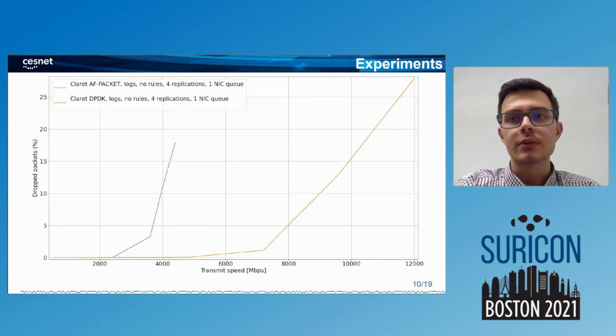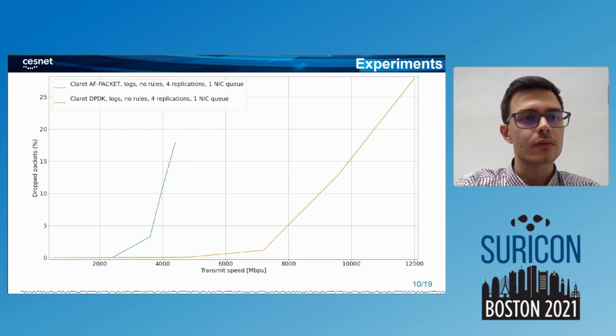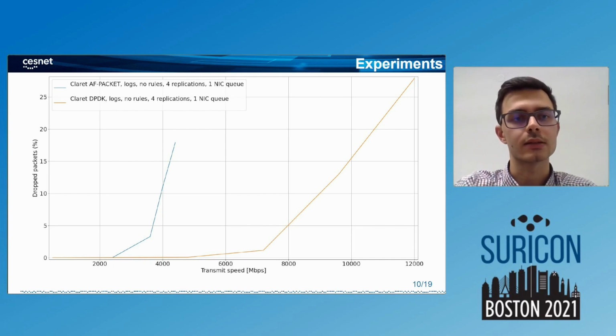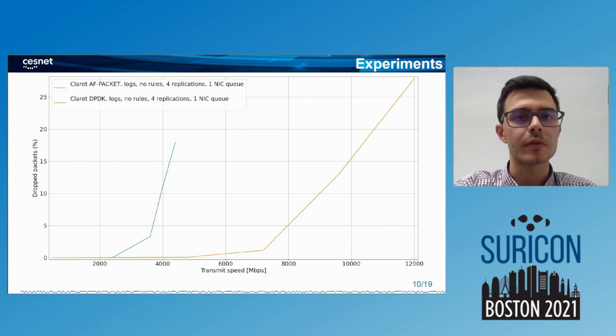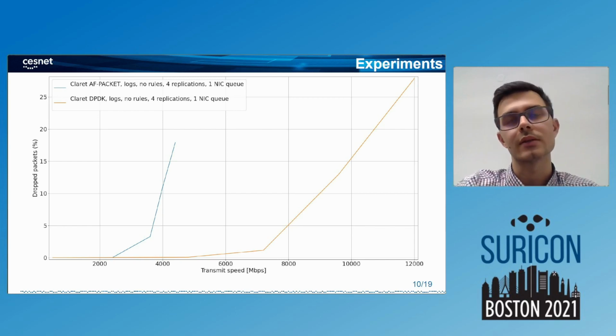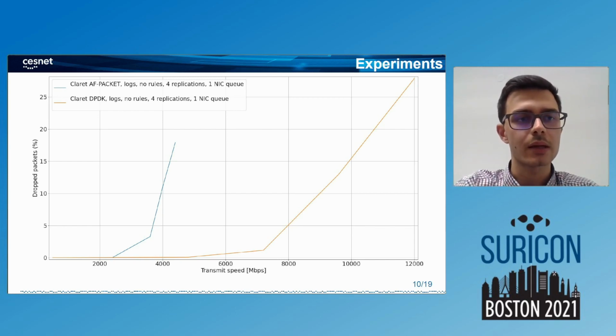Now we are moving to experiments, or the results of experiments. We can see a graph that contains two axes, X and Y. The X axis describes the transmit speed from the server that transmitted the traffic, and the Y axis describes dropped packets, which was calculated as the number of sent packets minus the number of received packets,